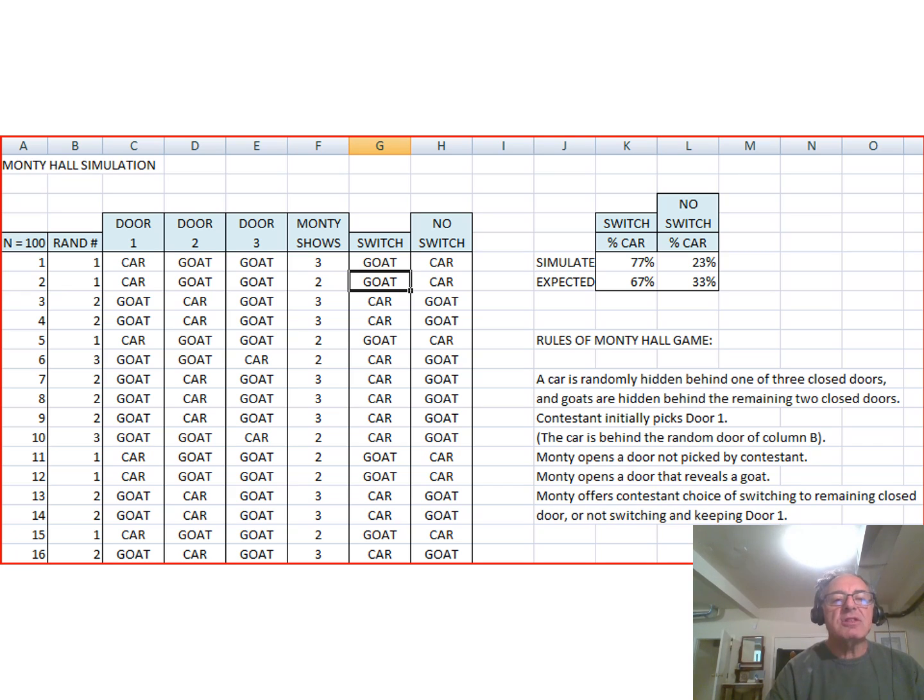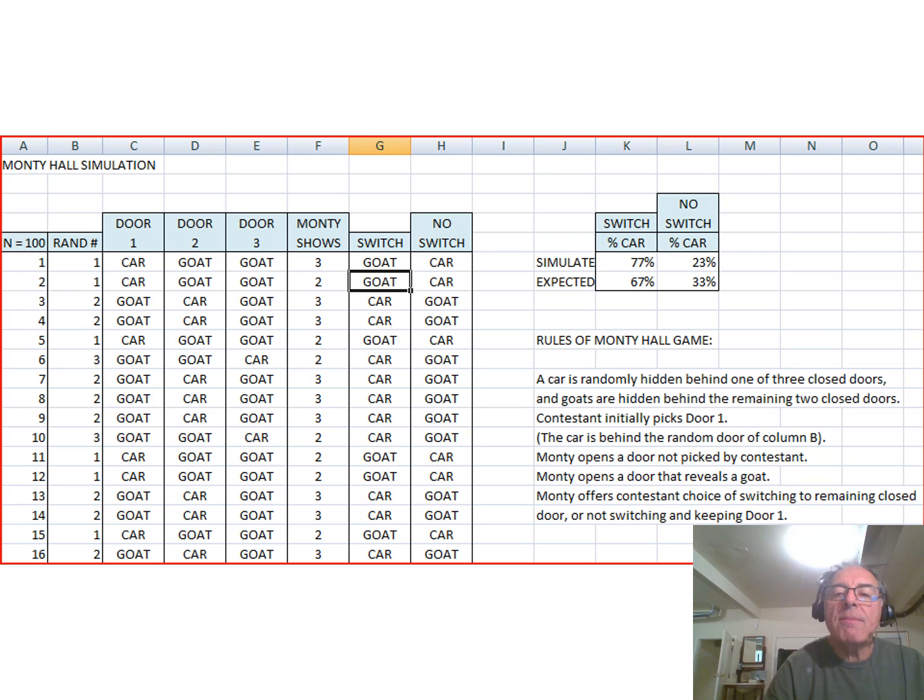You can simulate this as many times as you like. You can simulate all the various possibilities. Where is the car? Which door did the contestant pick? What happens whether you switch or you don't switch? And what are the results? And the results are